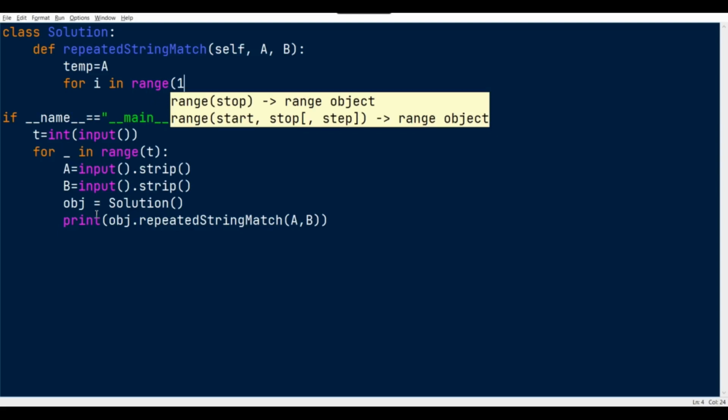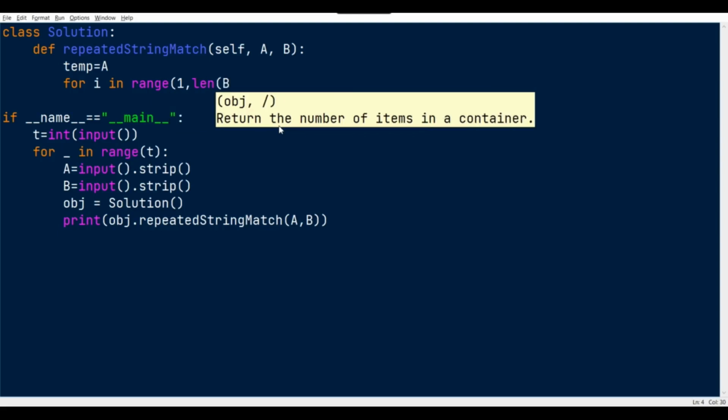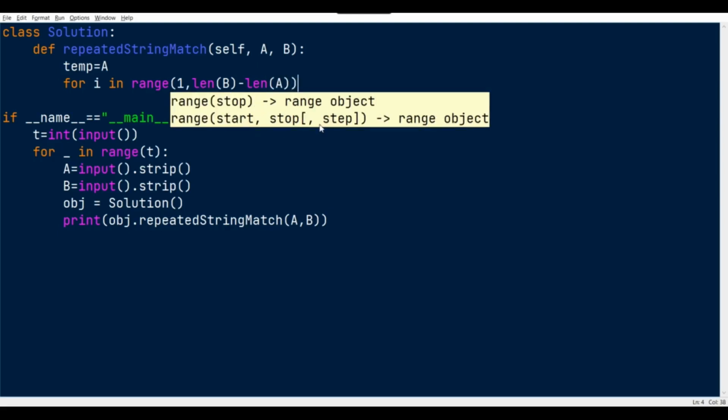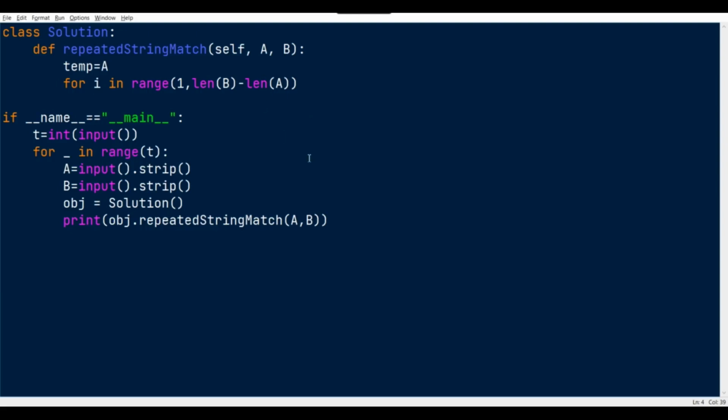So I'm starting the loop with 1 and we make the iteration for length of B, like len of B minus len of A. This will work fine where B is greater than A. So what if both are the same, like the lengths of A and B are the same?